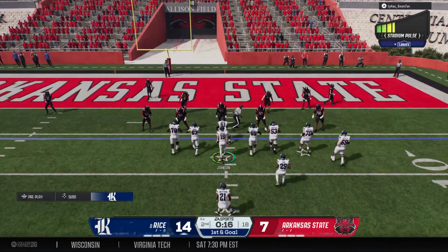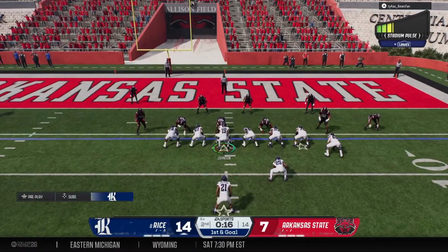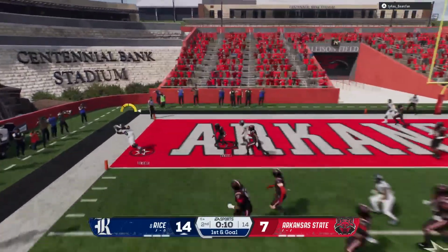Well, that's a huge moment here in the game at the end of the first half because the offense is trying to march down the field. They're trying to cut into the opponent's lead. But with that interception and with that return, the defense now, they've put their...